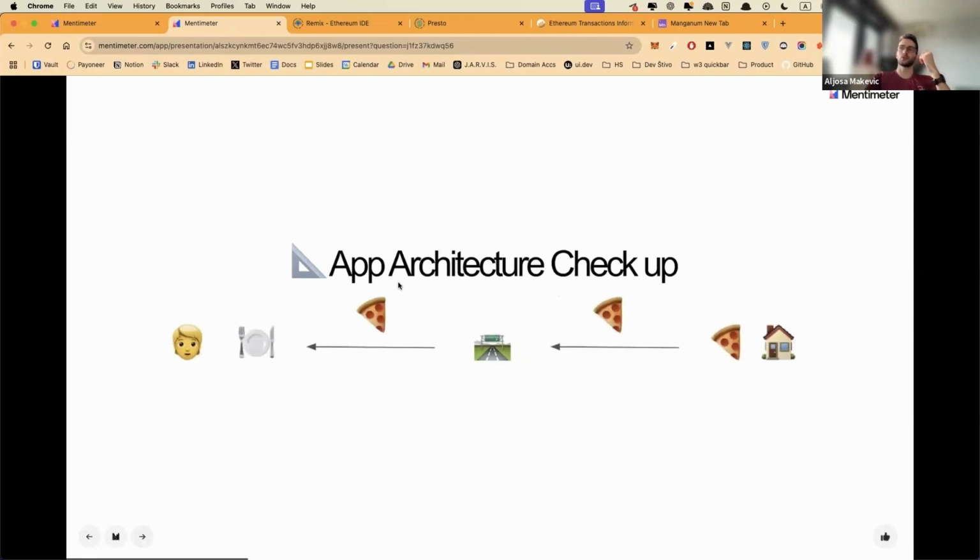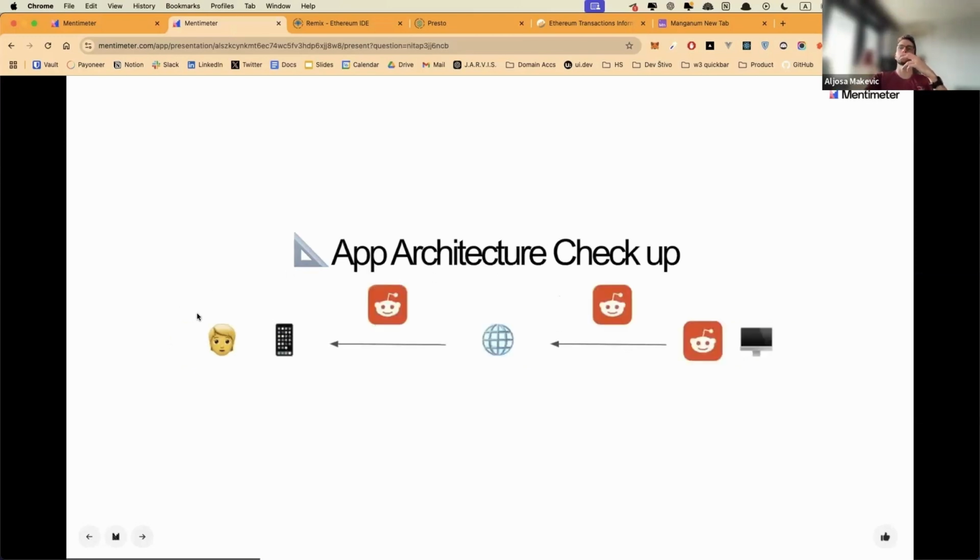An app's architecture is basically that, because you are requesting a specific meal from a server, and through the internet, the highway, it gets to your plate, which is actually your smartphone, for example.